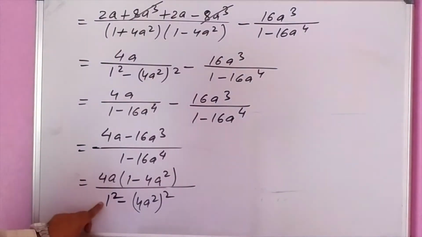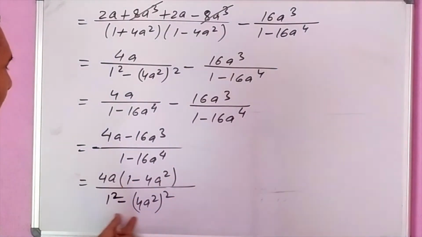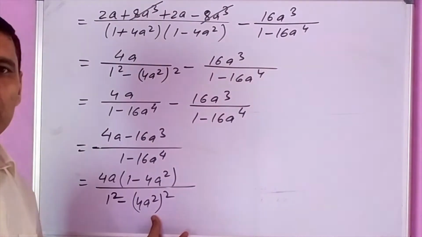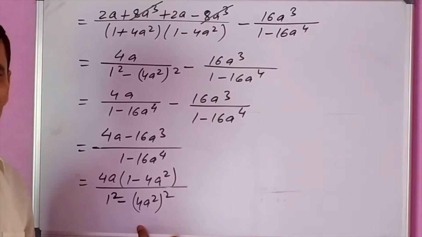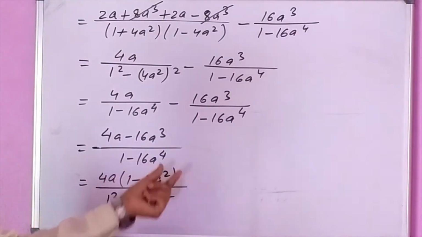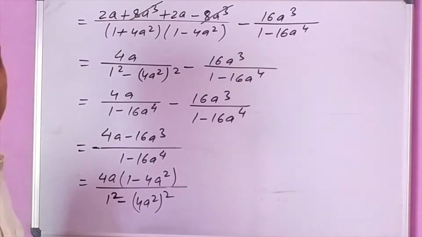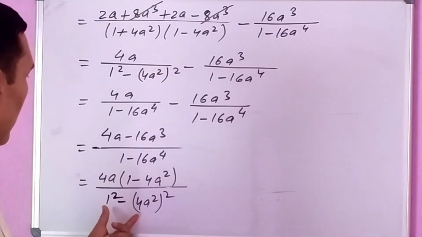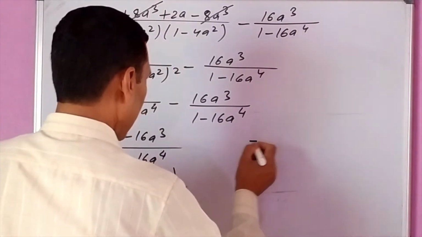1 square minus 16a power 4 is 4a square, 1 square. Again I am writing this in the form of a square minus b square because we are getting 1 minus 4a square in the numerator, and the denominator 1 minus 16a power 4 also contains 1 minus 4a square. So one factor can be cancelled. Therefore I am factorizing this denominator again here. After that I am writing here